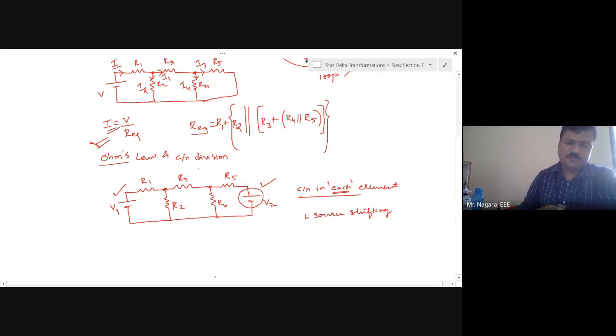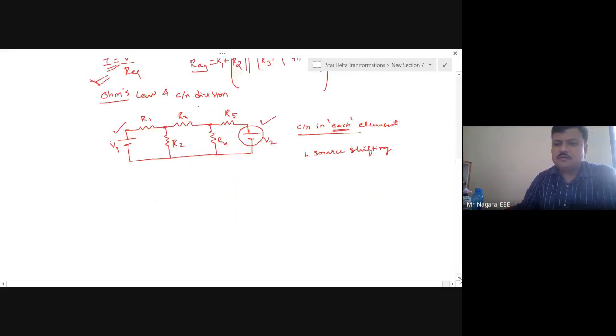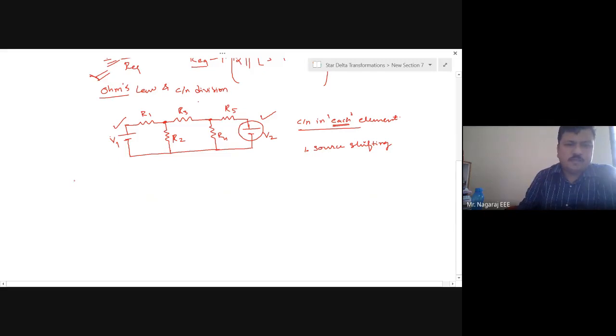If I want to analyze the circuit as it is, then none of my reduction techniques will come to my help. I have to look into a different way of solving the circuit, and that new thing we have to use is Kirchhoff's laws. So far we haven't used Kirchhoff's laws in any of the examples. Is it? Yes, sir.